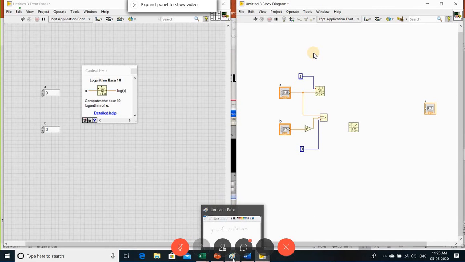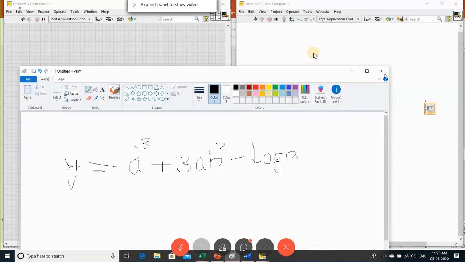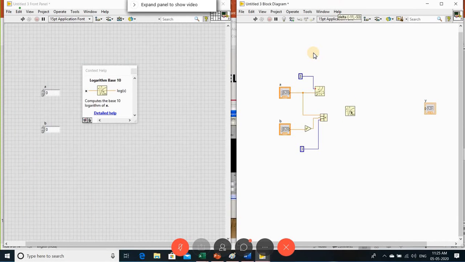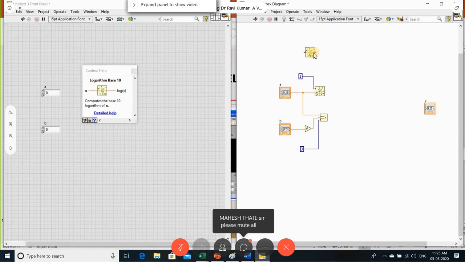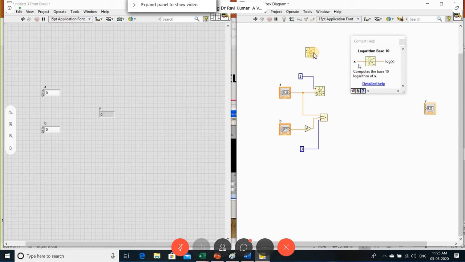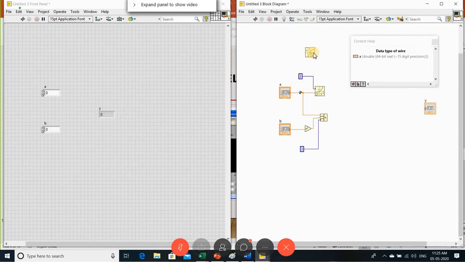So my expression is log of a. Press Control H and you can see logarithm of base 10: given the input x, you get log of x. So in my expression I require log of a, and I'm getting log of a. So this is how I can realize my expression.